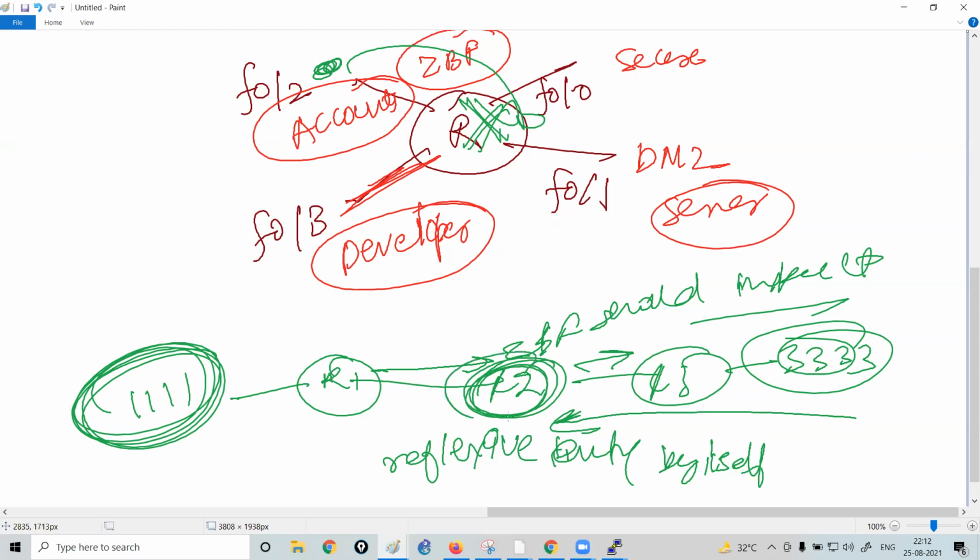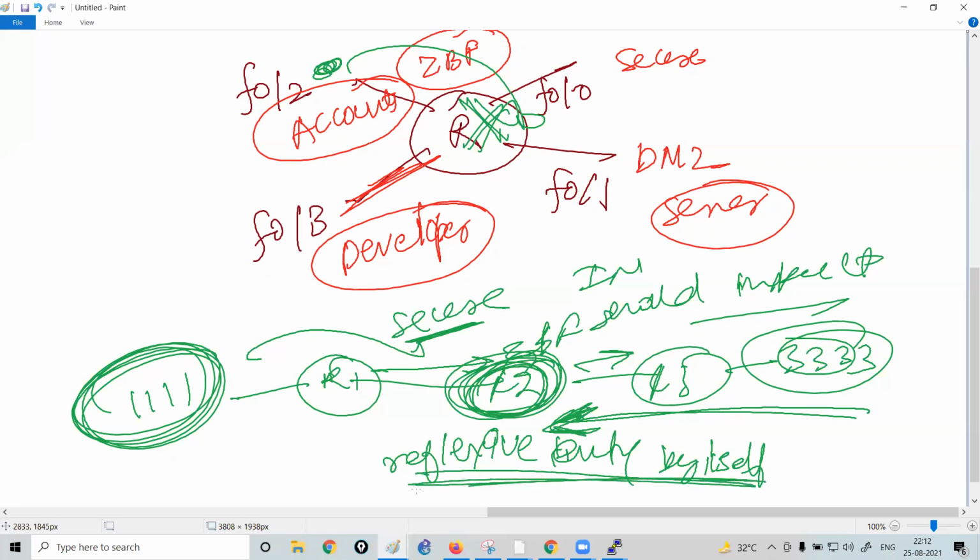You have to tell your zone-based firewall that this traffic is allowed to pass from the secure zone to the insecure zone. And whenever you receive the traffic from the insecure zone, just check the reflexive entry. Is it clear? So in the reflexive ACL, you were creating the ACL only.